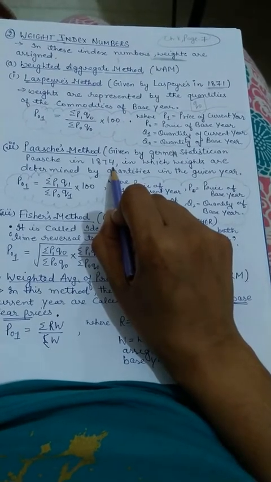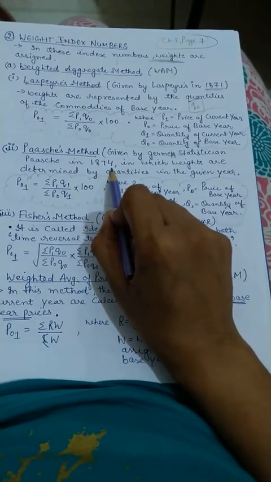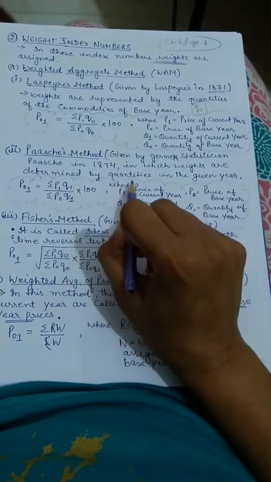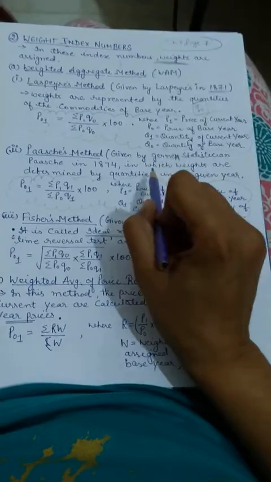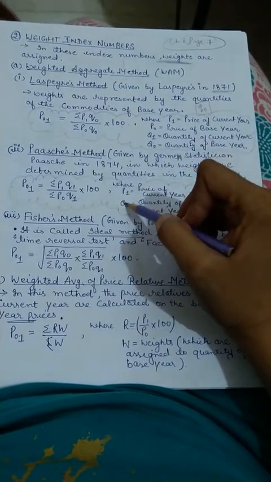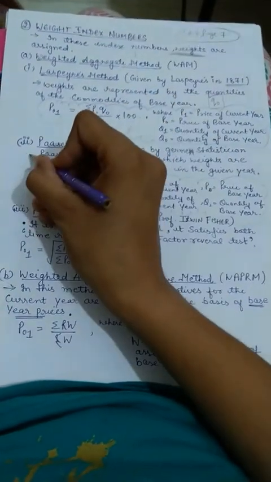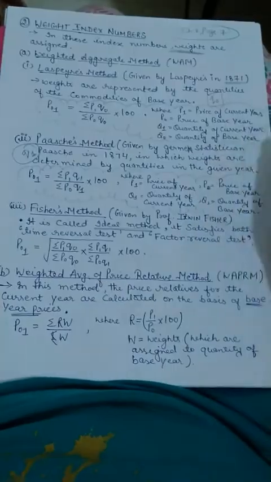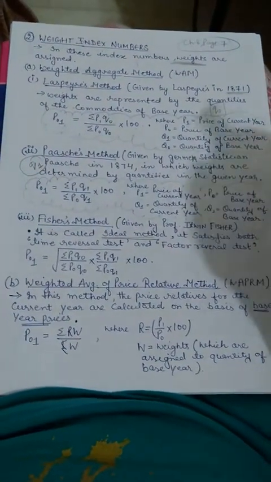German statistician Pasche in 1874, in which weights are given by the quantities in the given year. Here weights are given to the quantities of the base year. Here weights are given to the quantity of the current year, that is your Q1. The next one is your